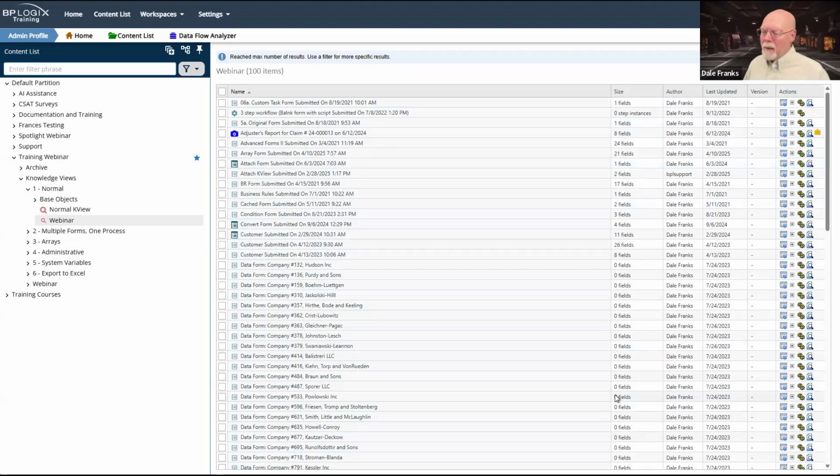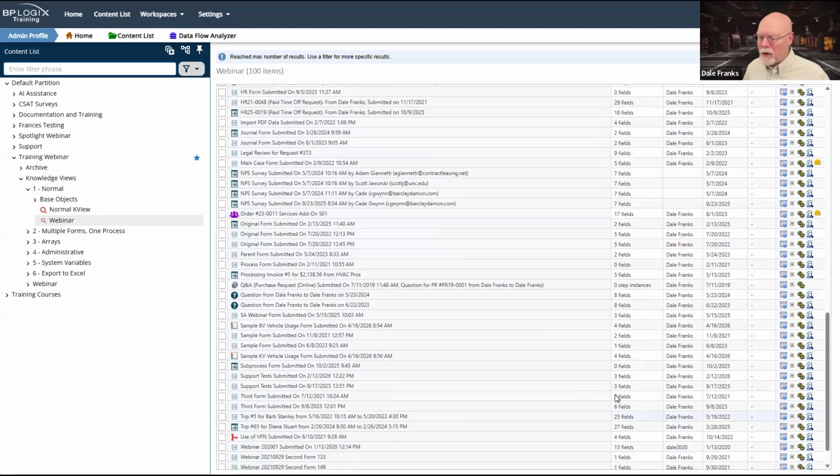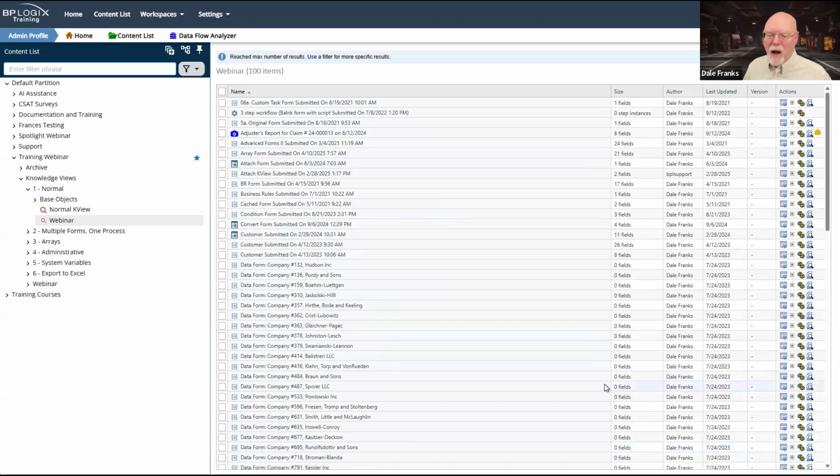Obviously, that is going to be more than 100 items. The default number of records a knowledge view returns is 100 items. I obviously have hundreds and hundreds of forms and form instances on this system. So when I create a new knowledge view and it wants to return everything, it's going to be too big to return anything in any sort of logical